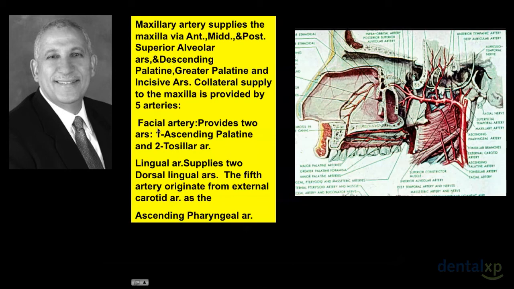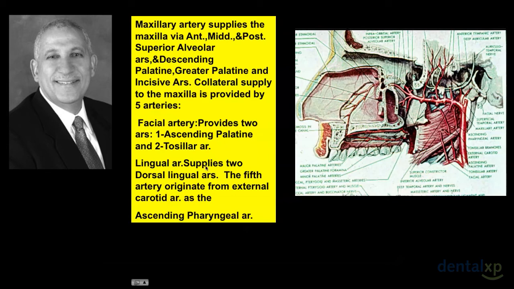We have from the facial artery, which arises from the external carotid artery, and from its cervical portion, it provides 2 arteries. One is called the ascending palatine. The second one is called the tonsillar. And both of these arteries run on the lateral wall of the pharynx and reach the tonsillar area, soft palate area, and the maxilla. Then the lingual artery,